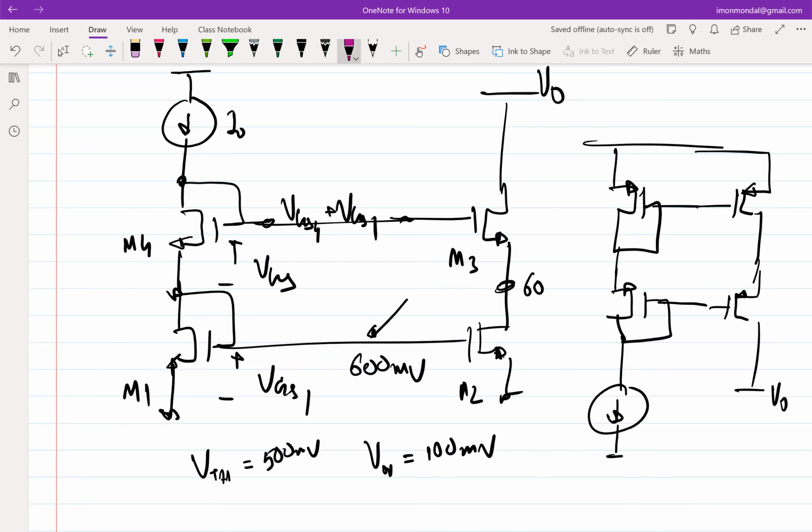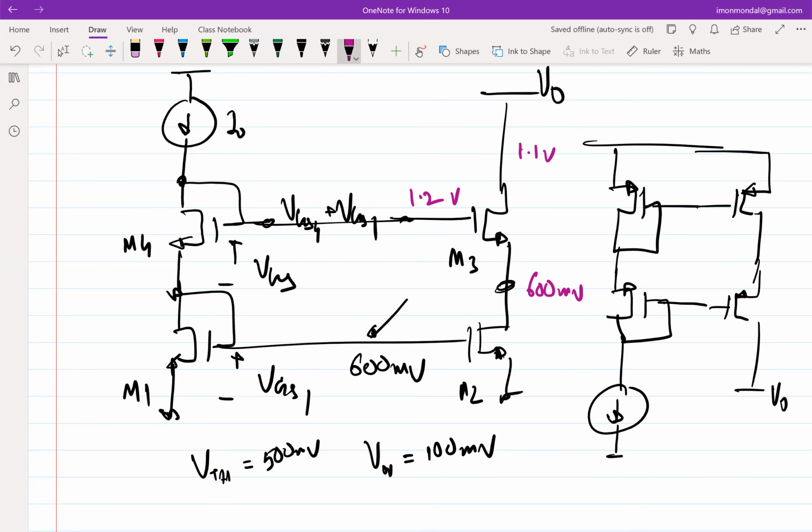Maybe I use a different color. This is also 600. So what is the gate of M3 biased at? 1.2. So what is the minimum V0? 1.1. Right? So you see that even if you're operating with a supply voltage of 1.8 volt, 1.1 volts just to bias, right? Not particularly a good idea, even though you are getting very good mirroring, very good output impedance and so on,